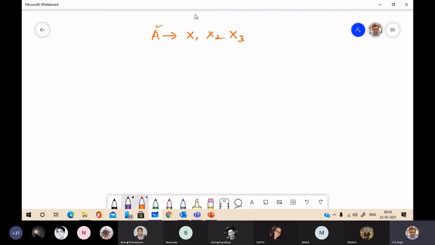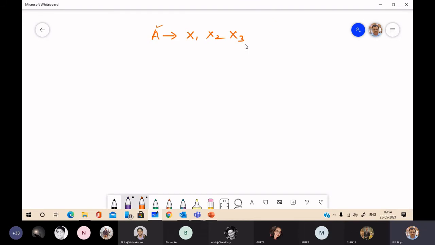A will show a certain language construct, and this language construct is constituted with these three subconstructs x1, x2 and x3.